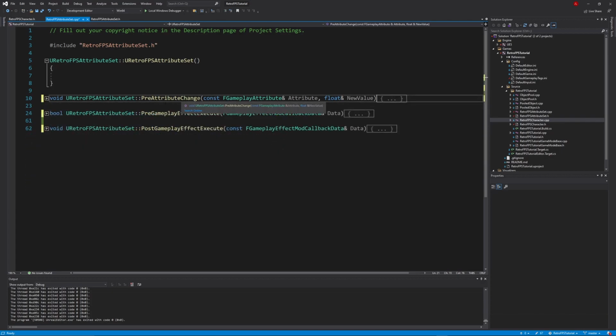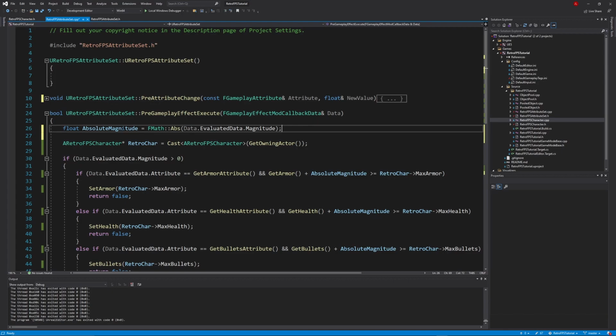With PreAttributeChange gone through, let's go through PreGameplayEffectExecute. Right at the beginning, we still have the float AbsoluteMagnitude declaration line here. And then we added the retro character cast, again, the exact same as we did up here.